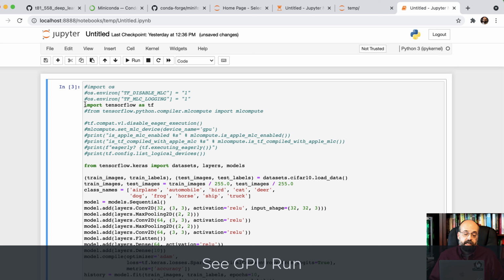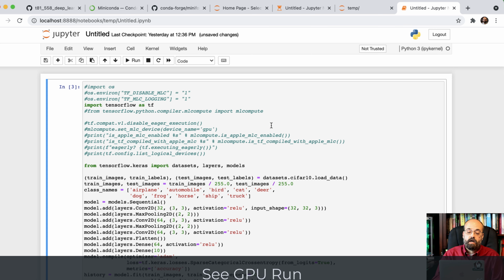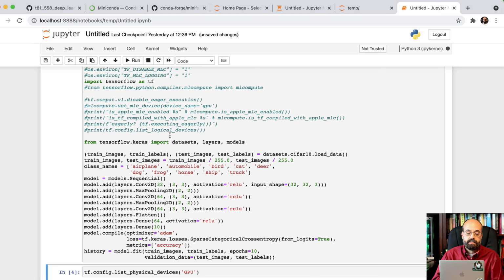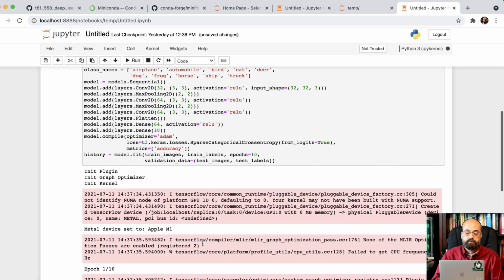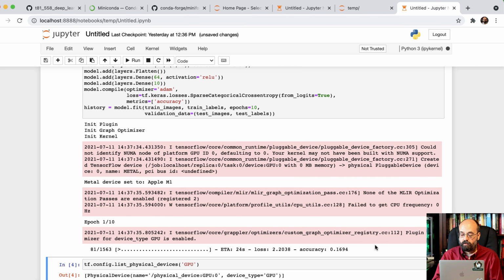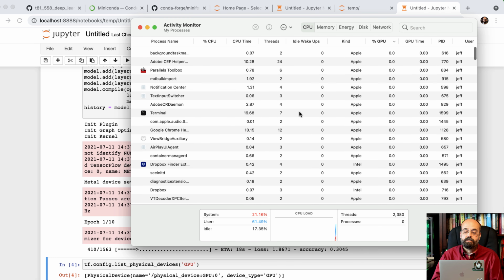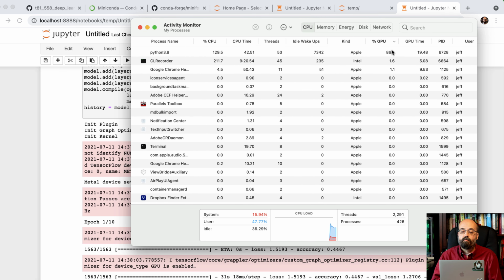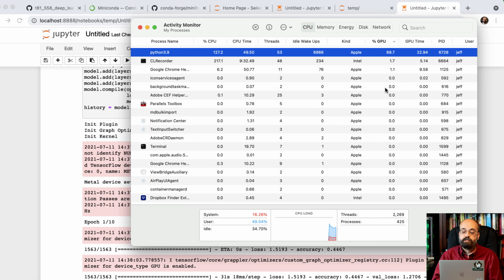And if you want to check it, just load up any code that uses TensorFlow just like you normally would. Training the ResNet would be a great example in my material. Go ahead and run it. You'll see it start up. Metal device set to Apple M1, all very good sign. And if you go to the activity monitor and see the percent GPU, there it is. It takes a moment to get started, so if you don't see something on the percent GPU at first, don't panic. It may also be downloading.